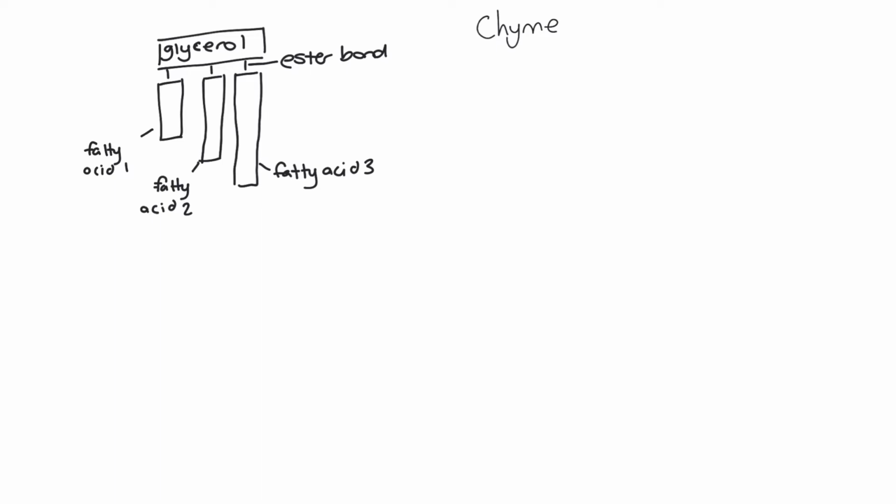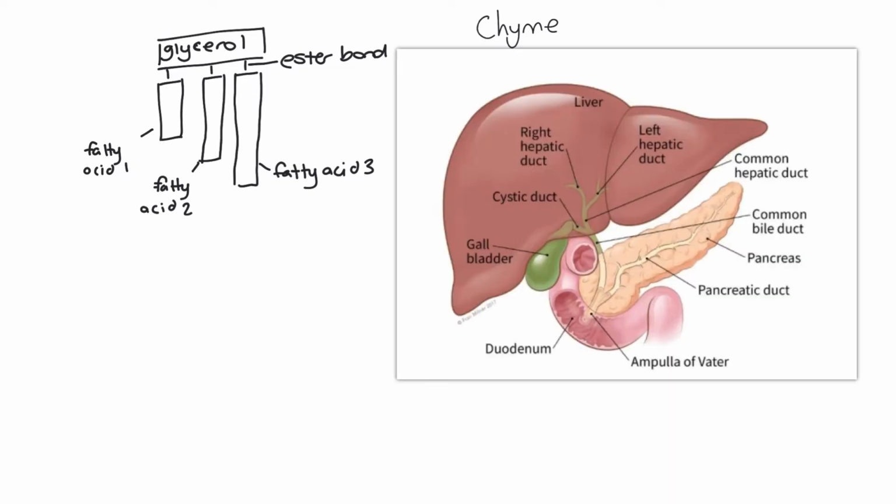So it might help us just to have a little bit of context for all of those terms I've just introduced you to. So let's just take a look here. So we can see here is the liver. The liver is massive and lobed, and it's our largest internal organ. So it's in the liver that we make the bile. The liver then moves the bile into the gallbladder, and the bile is stored in the gallbladder. The bile then moves via the bile duct